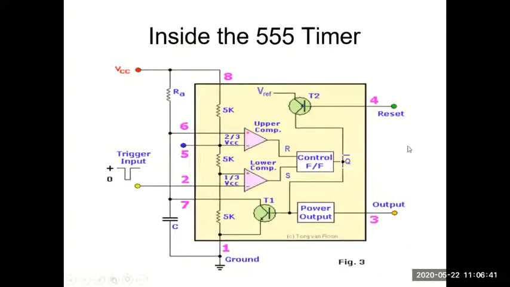So if we want that output to come back to 0 in between its timing cycle, so the output had to remain in one state for 10 milliseconds, but somewhere at 3 milliseconds, we wanted to reset the whole thing. We want to bring the output from one state to 0 state. For that, we will switch on this transistor. That's why it is called the reset transistor. And to switch on this transistor, you need to give a 0 value or a negative value at pin 4.